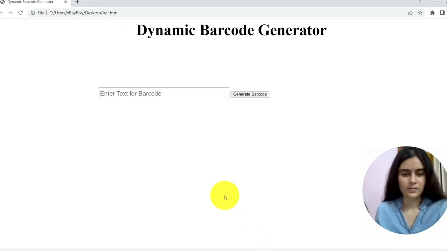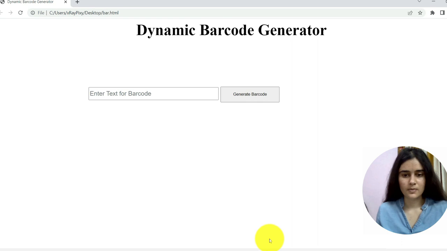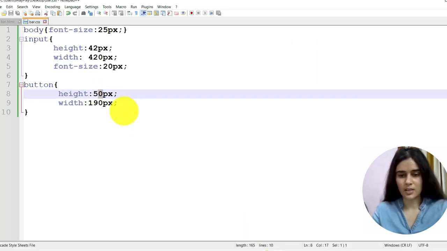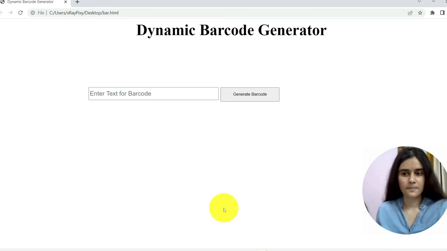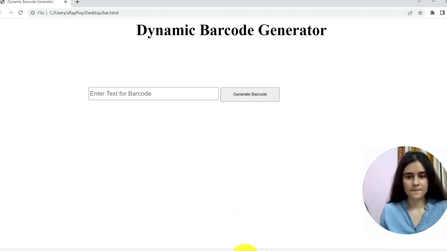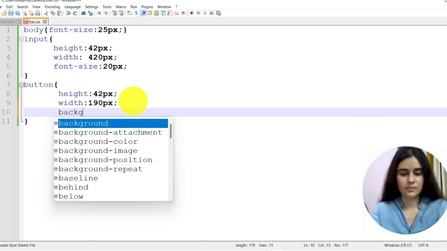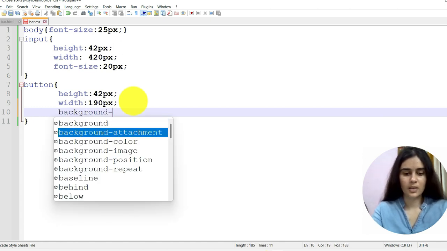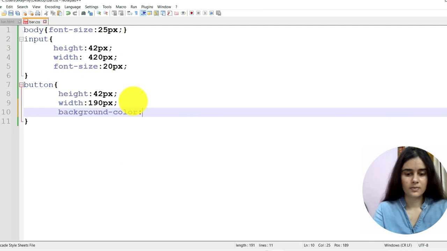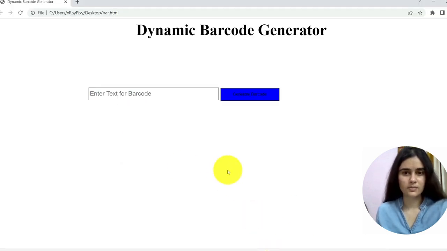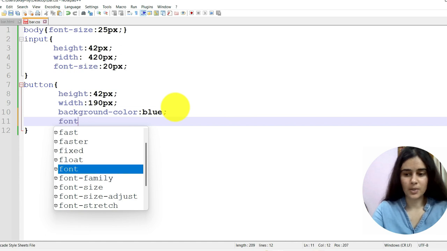Suppose let's decrease its height. Done. Now add background blue. In the font size we have 20.